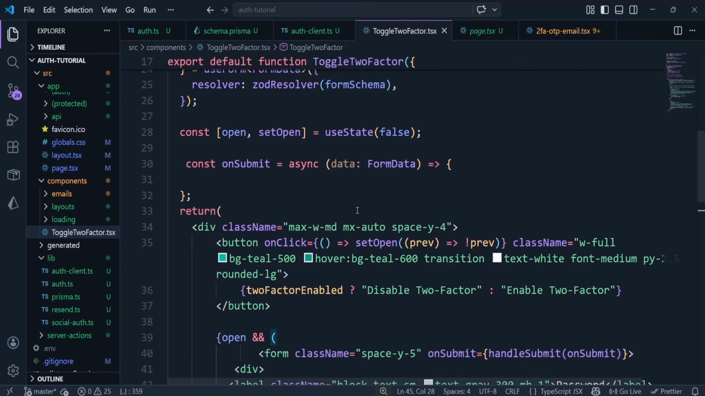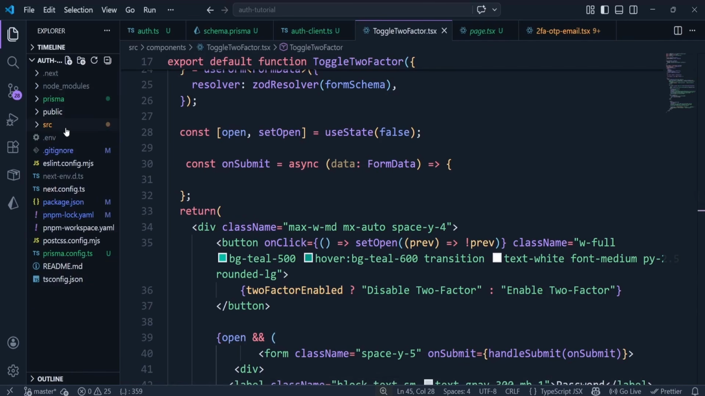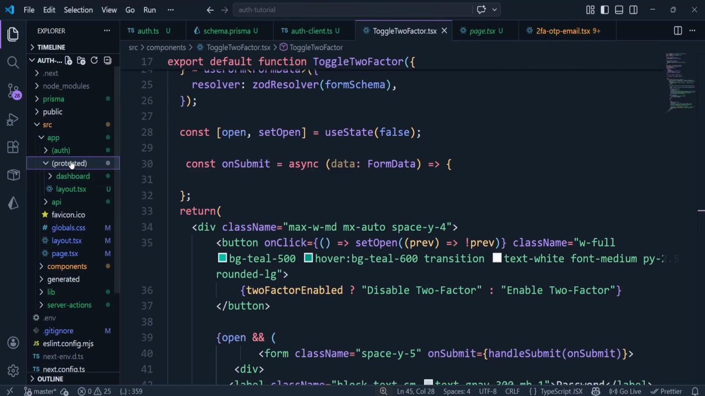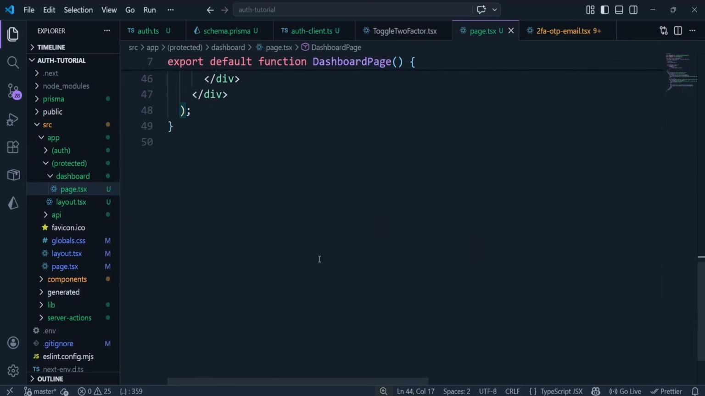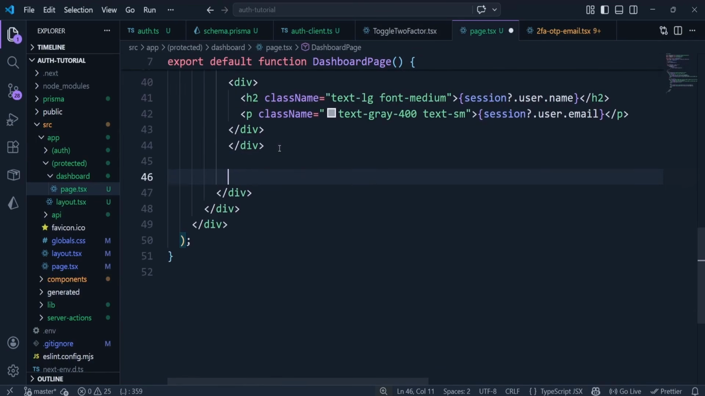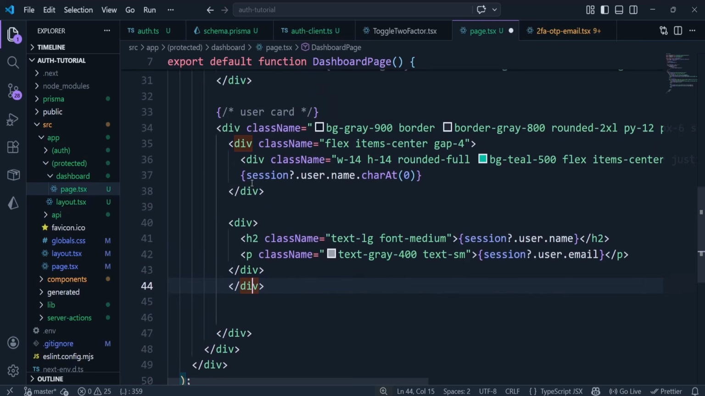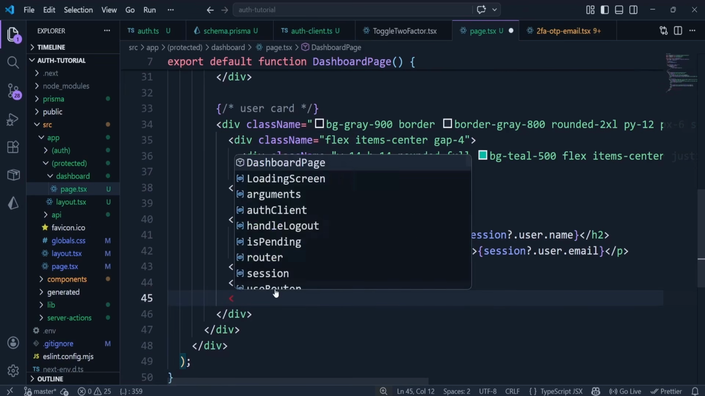So now we're going to be making use of this toggle two-factor component inside the dashboard page. So we have to actually call it inside the dashboard page. So we're going to go to src, app, protected, dashboard, page.tsx right here. Inside this dashboard, after this div for the details of the user, inside the user card, we're going to output the toggle